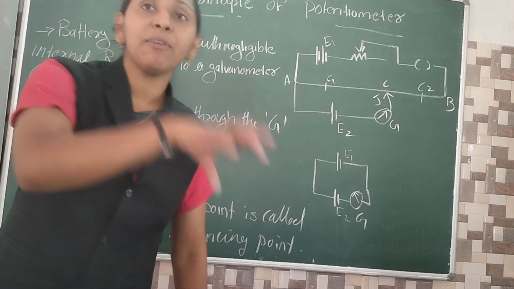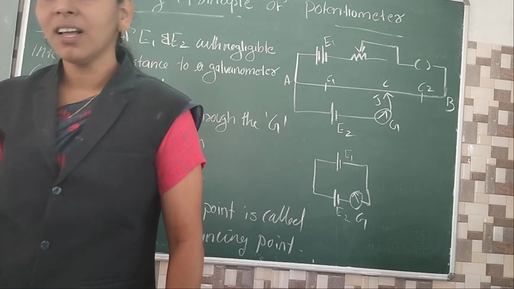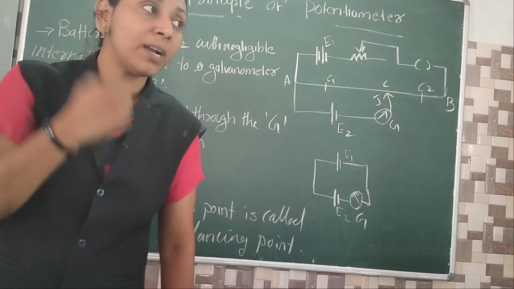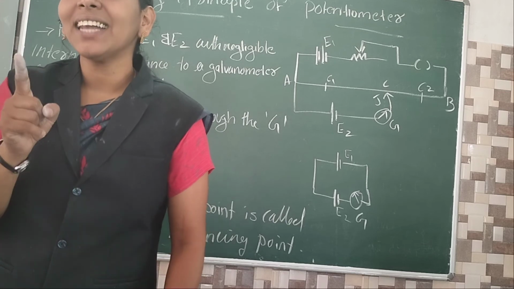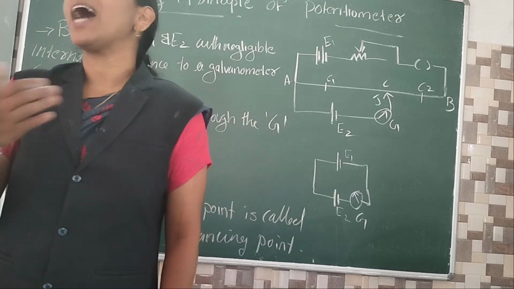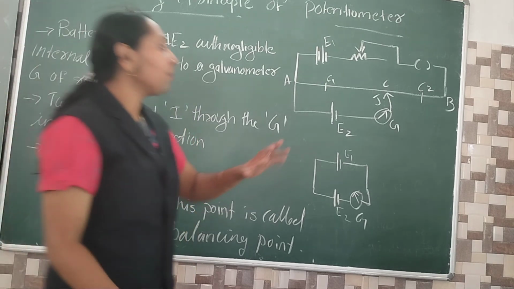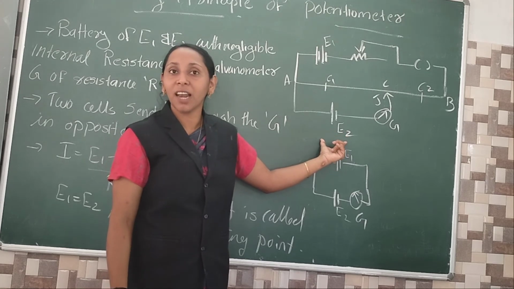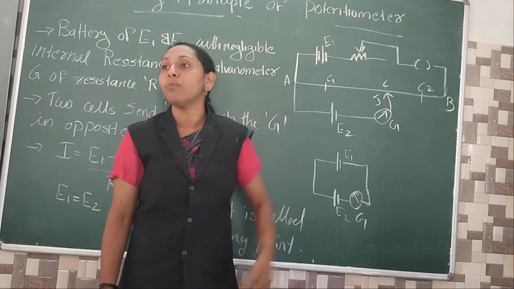In the previous case, we don't bother about the balancing point of the potentiometer. At A the potential is 0, at B the potential is maximum. We will not get zero deflection. Is that right? But in the case of meter bridge and Wheatstone bridge, we should find the balancing point. When the balancing point is reached, the current is 0. Similarly, in this potentiometer also, we should arrange a balancing point for the explanation of potential gradient. How will it happen? To make the current 0, we will add an extra cell here. Understood? What is the use of this cell? We want to provide a balancing point to find from this potentiometer.